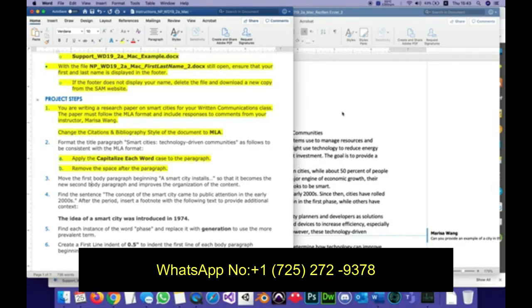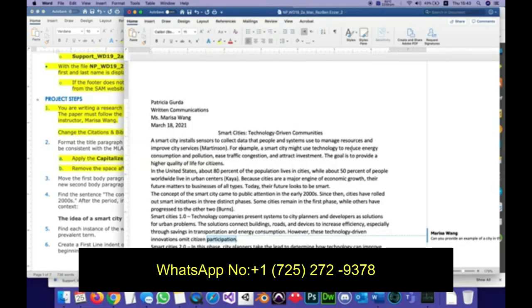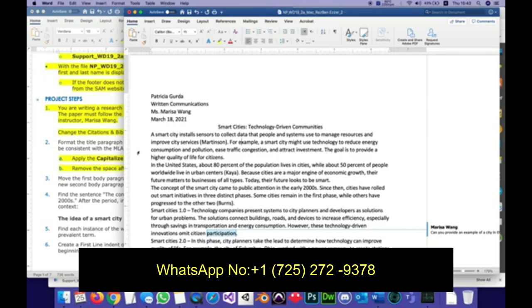There's so many ways to do that. I will show you what to me is the shortest way. I will highlight the second paragraph, which starts in the United States, 80%, all the way to the word smart, including that little space afterwards. By the way, to see where paragraphs end and begin, under the home, there's an icon right here